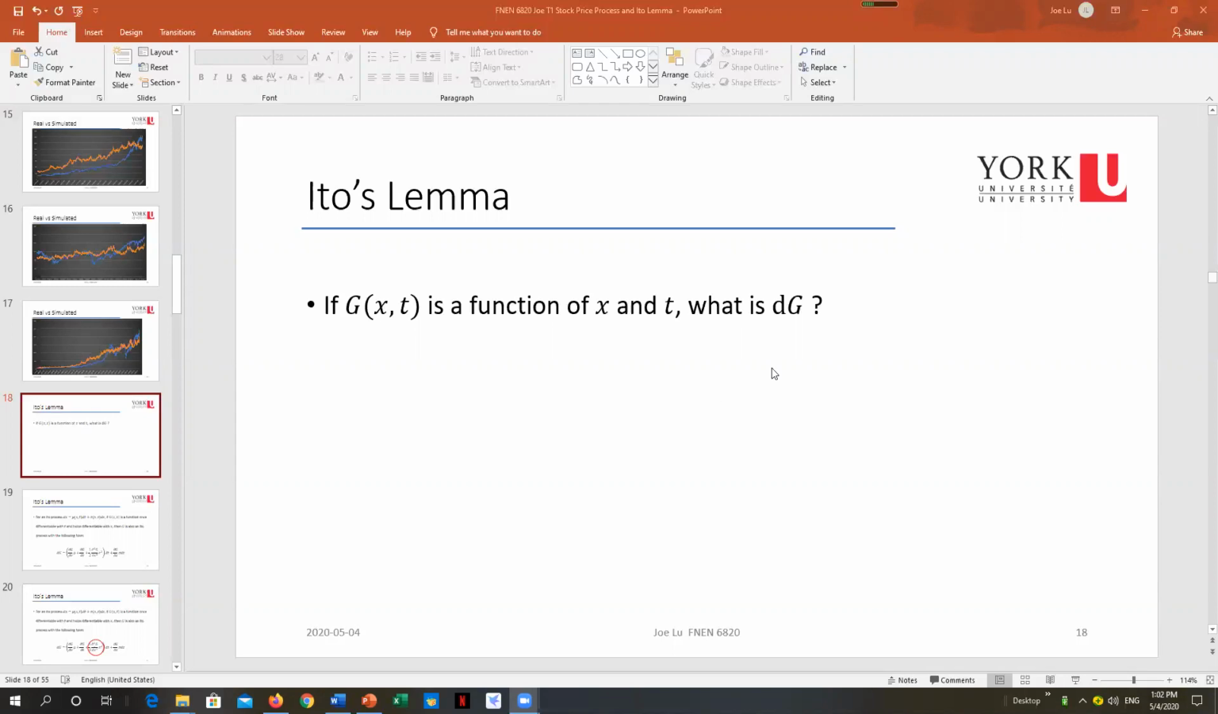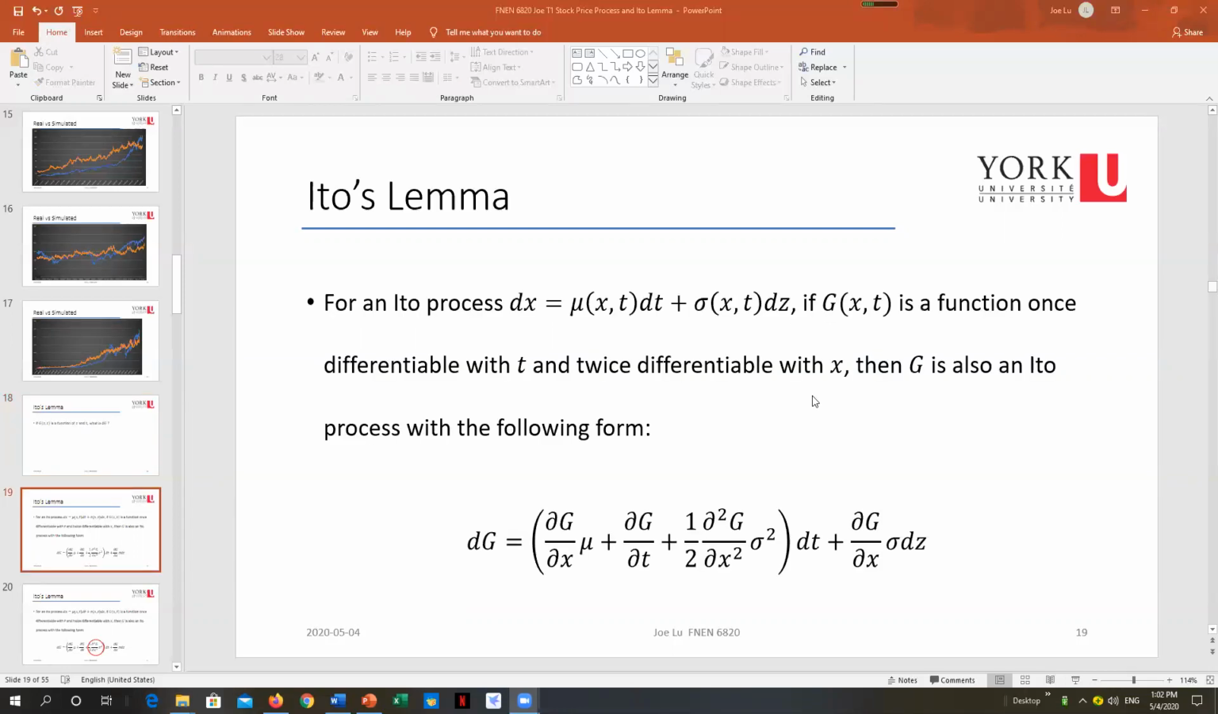So here you have G(x, t). G is a function of x and t. X itself is a stochastic process. So what we're looking at here is, what process does G follow? So what is dG? From Ito's lemma,